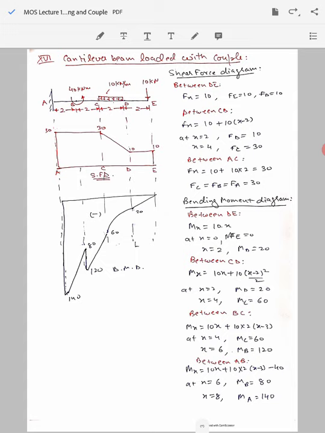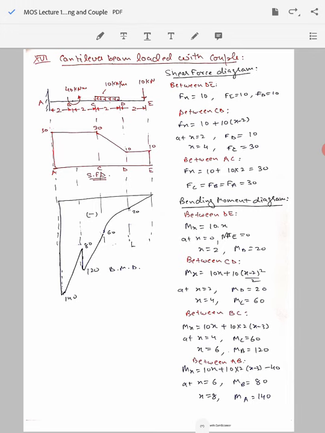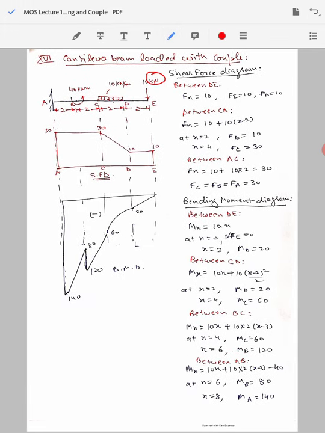The beam is ABCDE, and this beam is subjected to a point load of 10 kilonewton at the free end, and then 10 kilonewton per meter for, say, span CD, a uniformly distributed load. Then apart from these two forces, there is a 40 kilonewton meter torque, the couple or the moment, being applied at point B. So at this position B, a couple or a moment is being applied of the magnitude 40 kilonewton meter.